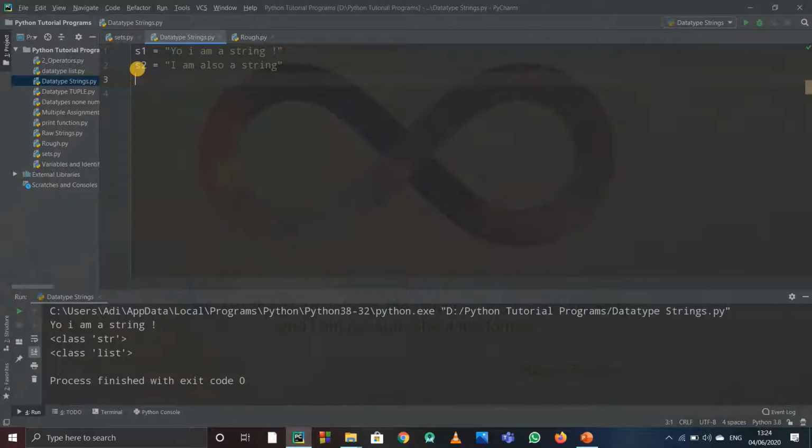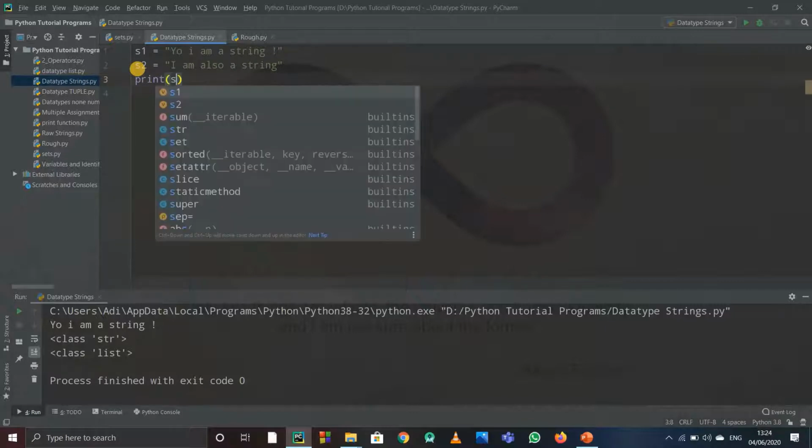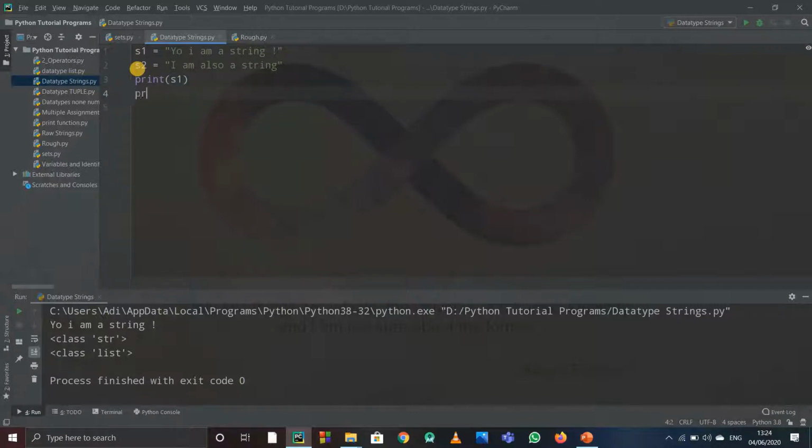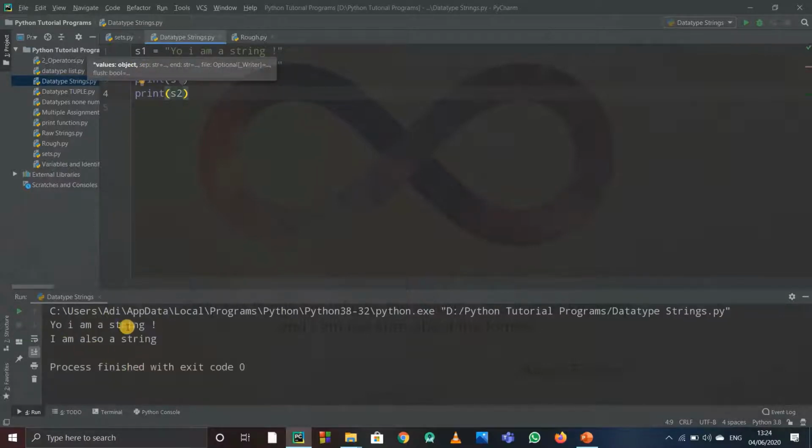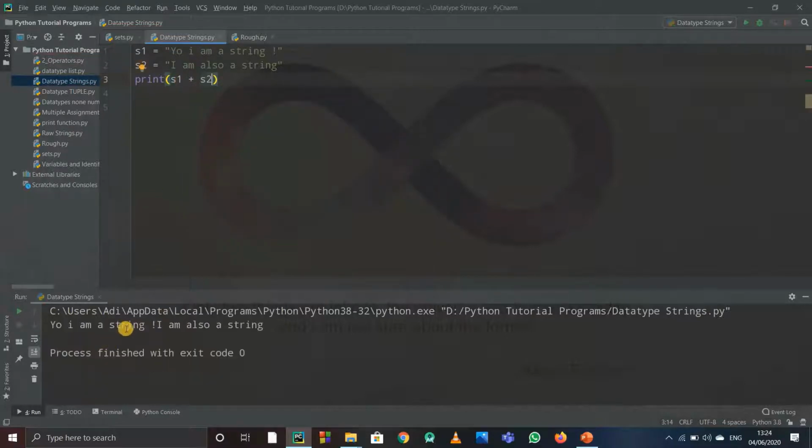First we'll print s1 and s2 separately to see the difference. To concatenate means to add, so I just write s1 plus s2, and it will add the two strings. You can use a space here so it is nicer to see. This is concatenating two strings, just by using the plus operator.